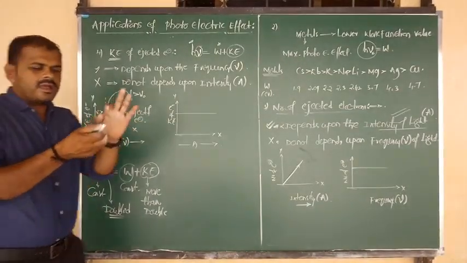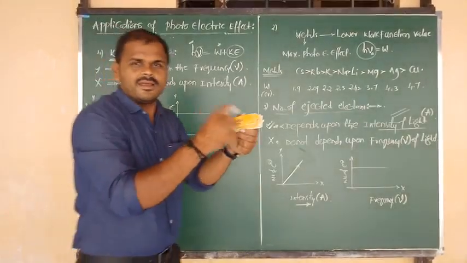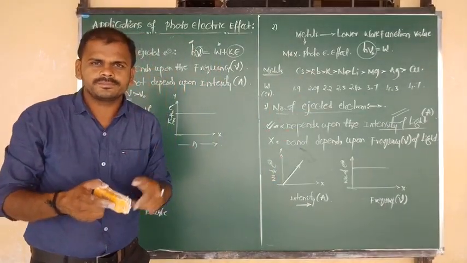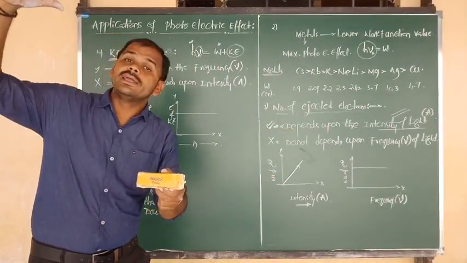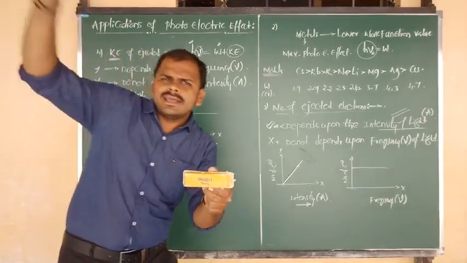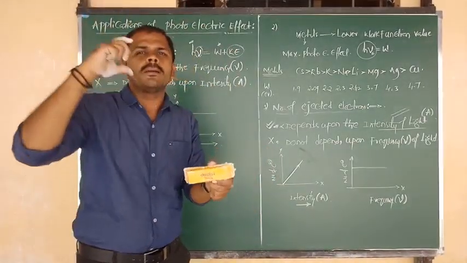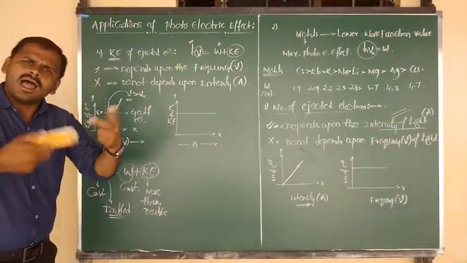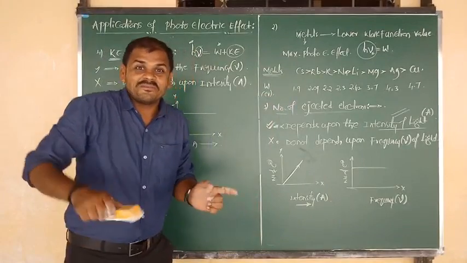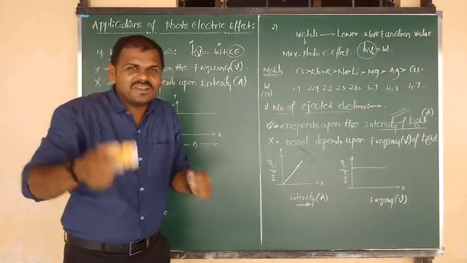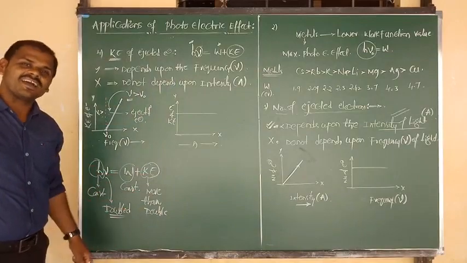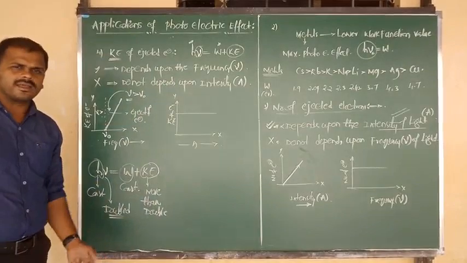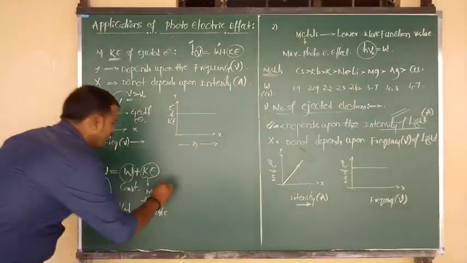Suppose the metal is cesium. From cesium metal, for the removal of an electron, we require 1.9. Now I am going to increase the striking photon energy, by increasing the frequency of the striking photon. Again we require the same amount of energy, but the remaining extra energy is removed along with the electron as kinetic energy. That's why I told you it is a little more than double, because the work function value is constant. Remember this point.